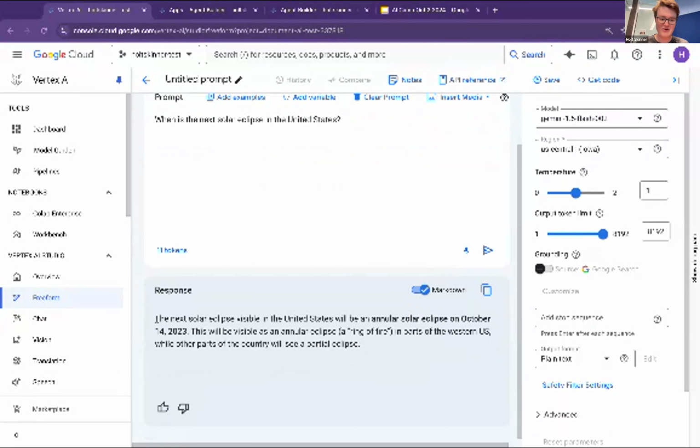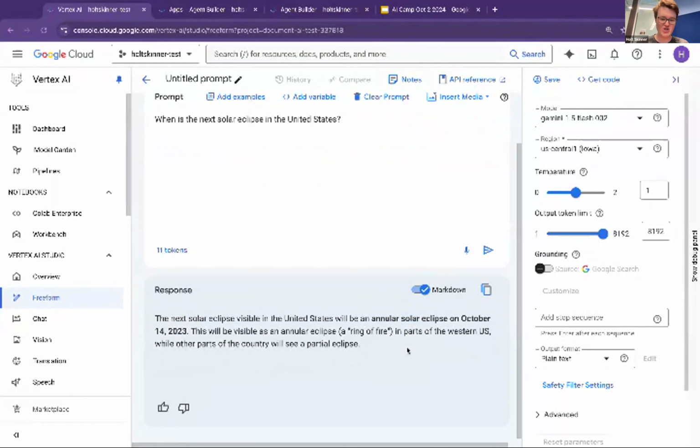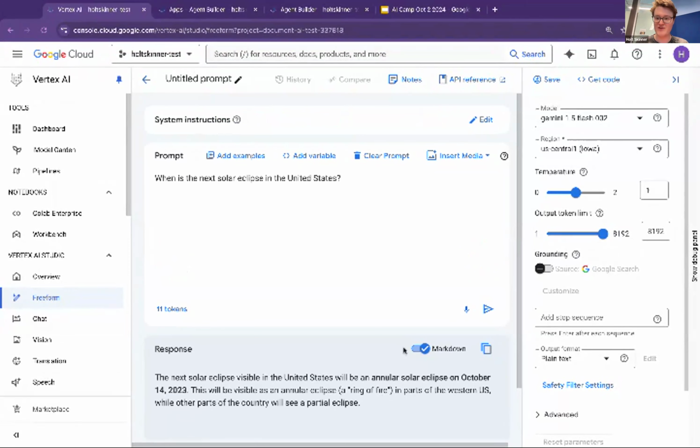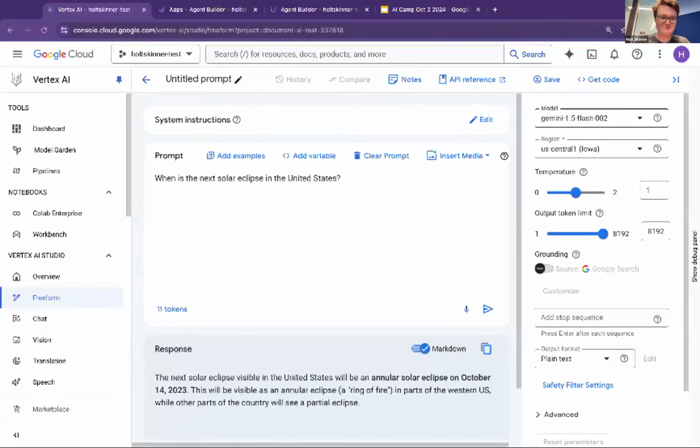So if I ask it, it says the next solar eclipse visible in the United States will be an annular solar eclipse on October 14th, 2023. It's currently October 2024, and this happened almost a full year ago at this point. So even though this is a very up-to-date model, like this is the latest model, it still is giving inaccurate information. Now you can adjust this slightly by